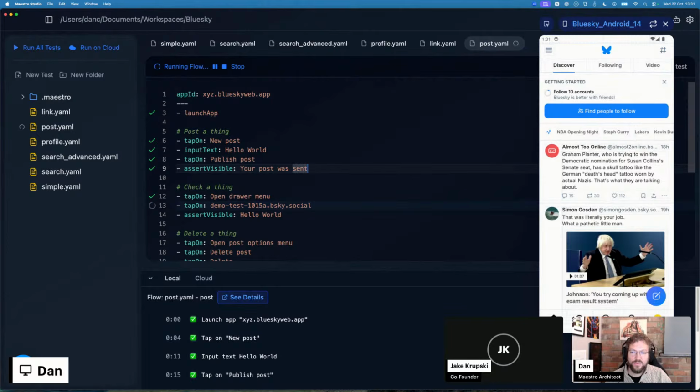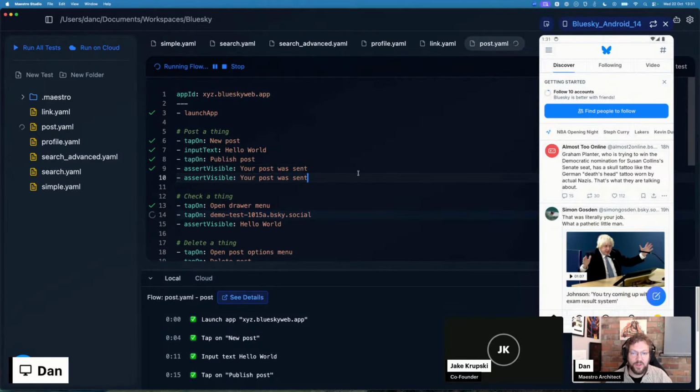assert visible. Again, it's one of those things that we were saying was fluent. It was going to wait for something to become visible. And in the same way, assert not visible will wait for something to disappear, to become not visible. So we want to see the toast appear, and we want to see that toast message disappear again before we move on to the next command. If I run that now,